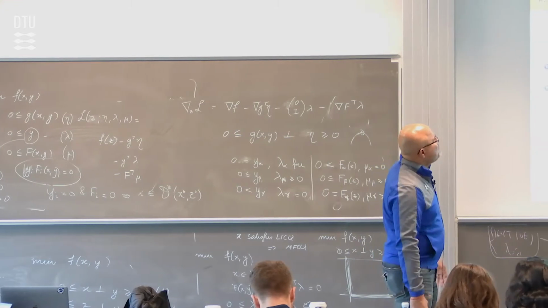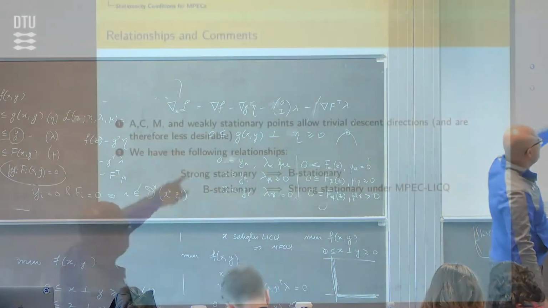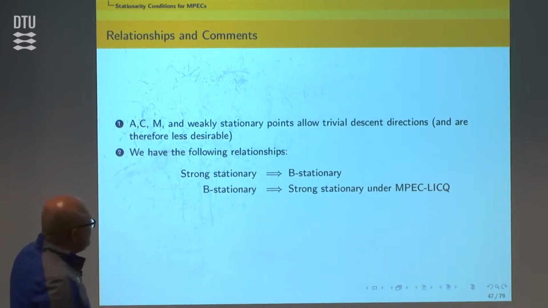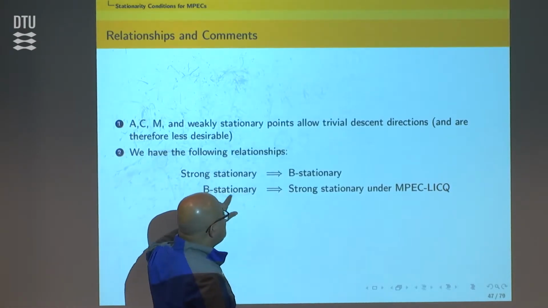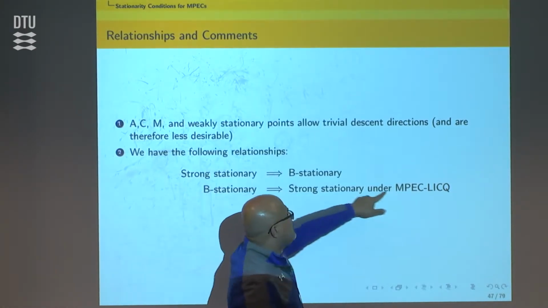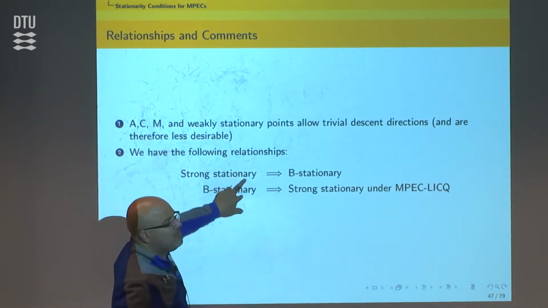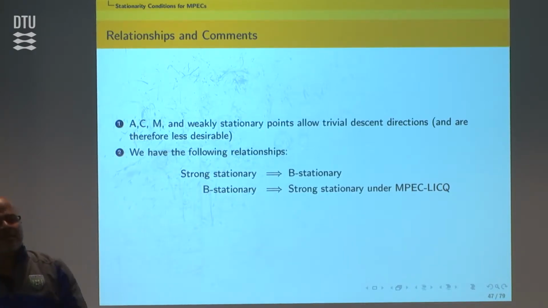So ACM and weakly stationary points allow trivial descent direction. That's why I didn't waste time on weakly stationary, and therefore less desirable. These are the relationships. If you're strongly stationary, that implies you're B stationary. If you're B stationary, then you're strong stationary under the MPEC LICQ, which is an additional regularity condition. So these two are the ones you want to keep your eye on. B stationary doesn't require specification of the set, strong stationary does. Right? So if you're B stationary, then you're strong stationary under a regularity condition, and if you're strong stationary, you're clearly